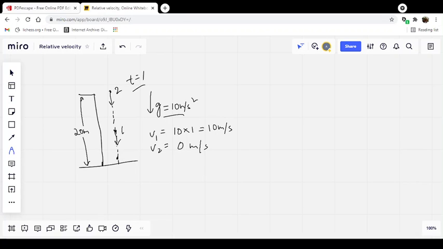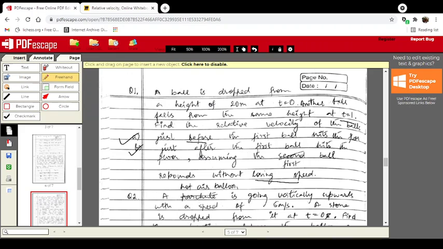So assuming air resistance is 0, consider the situation when the first ball is just going to strike the ground. We know that the first ball is ahead of the second. The first ball would be somewhere here and the second ball would be somewhere above it. So from the current situation, that is at t equal to 1, to the situation when the first ball is just going to strike, there has been no change in relative acceleration of the balls. That is, the acceleration of ball 1 with respect to 2 would remain 0, and we are supposed to find the velocity of the first ball, right?